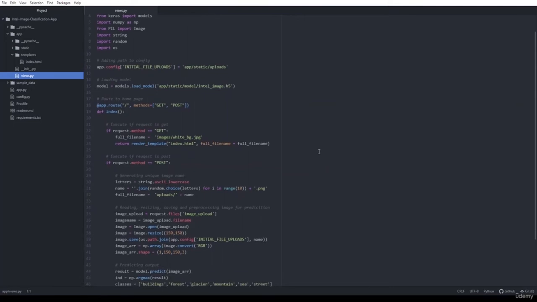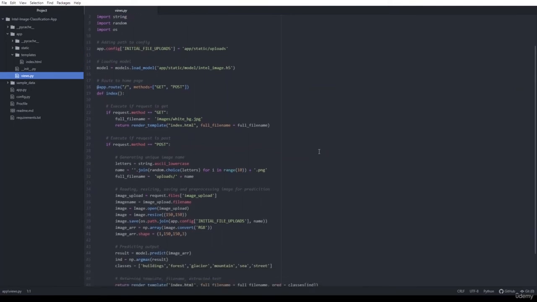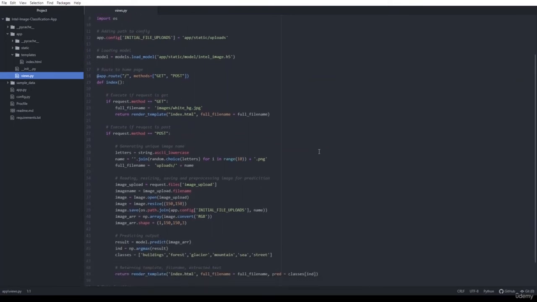So in the POST, you can see that first we are generating a unique image name. After generating the unique image name, we are reading, resizing, saving and pre-processing the image for the prediction using different functions from OpenCV and NumPy. After that, we will predict the output using model.predict and the argmax function, as we know.